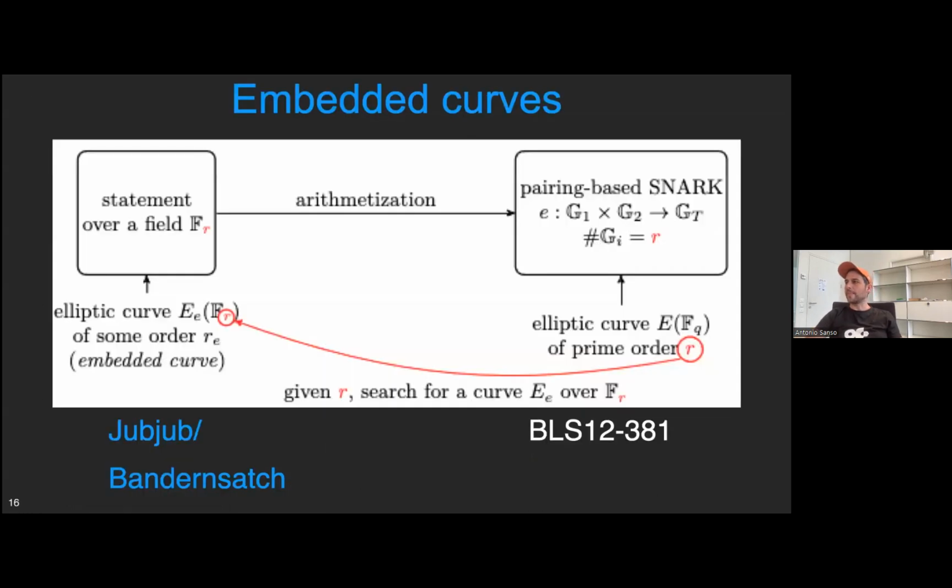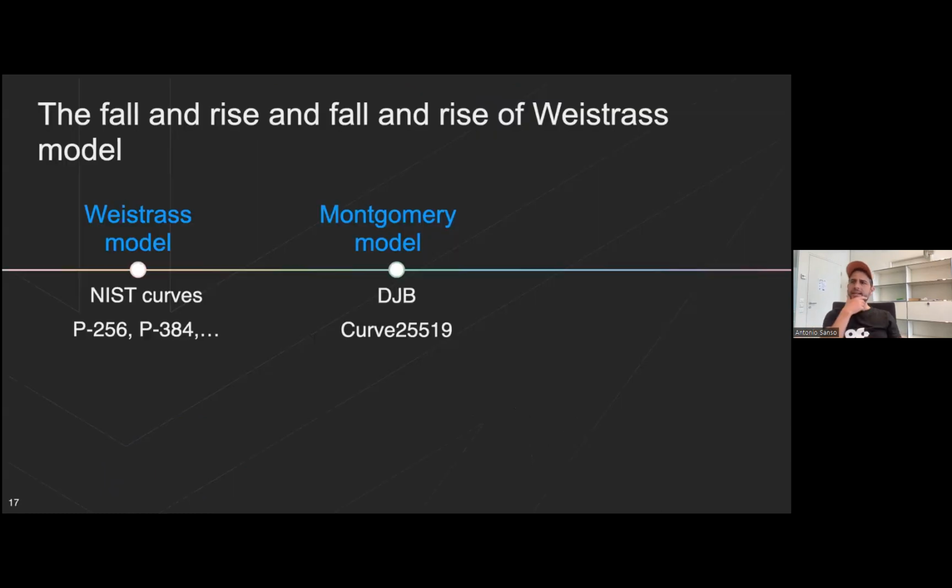And so we found Bandersnatch. This shows again the previous slide, where you see on the right BLS12-381, and on the left the embedded curve is either Jubjub or Bandersnatch. One little parenthesis: the reason why both Bandersnatch and Jubjub are Montgomery curves is in the past, when elliptic curve